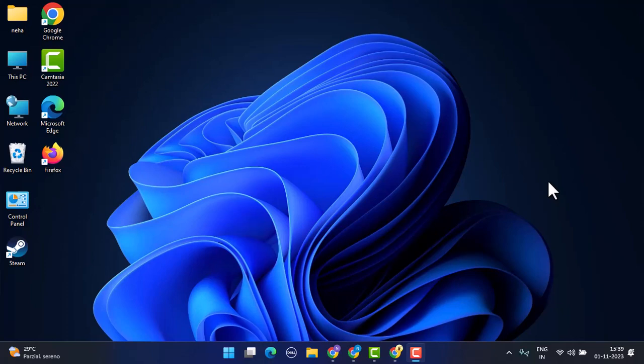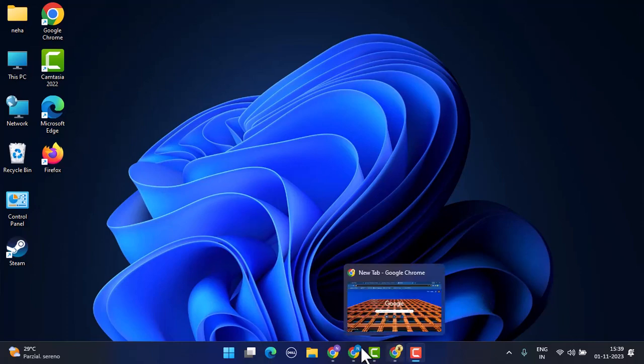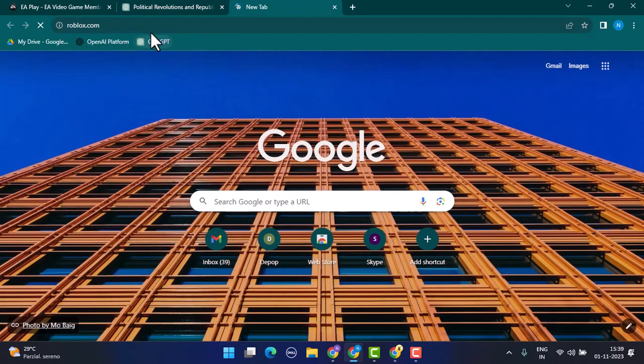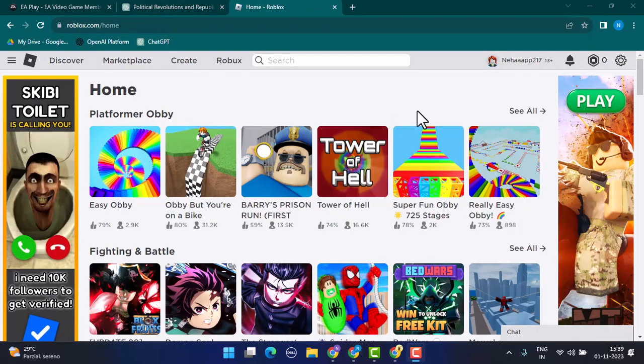In order to fix it, first of all, make sure that your device is connected to an internet service. Then to begin with, you can go ahead and make some changes in your account. For that, open up a browser and log into your Roblox account. Type in roblox.com. Once you're logged into your Roblox account, this is how the interface is going to look like. Right on this page, tap on the gear icon from the top right hand side corner,